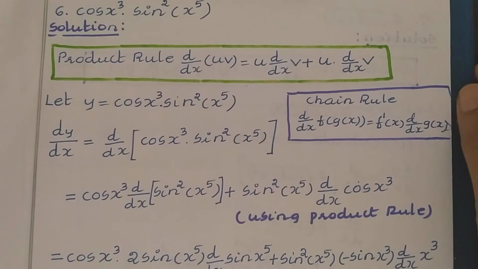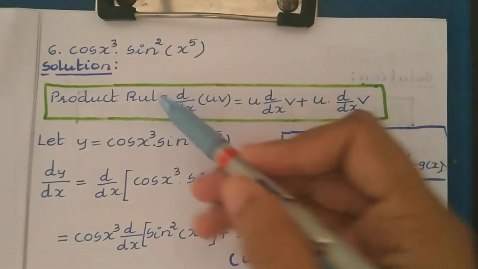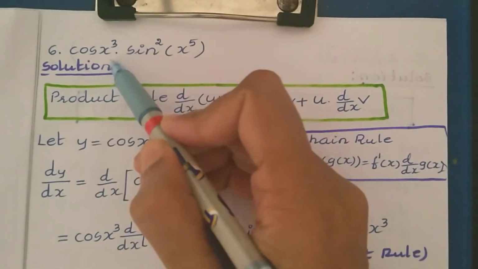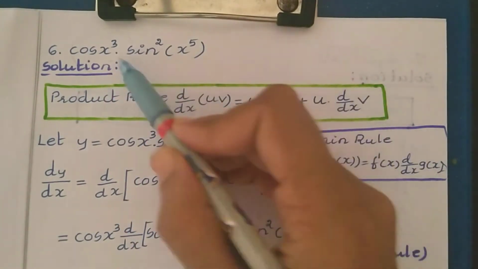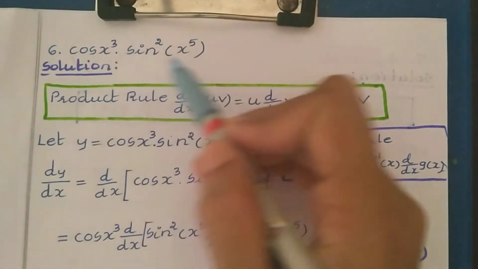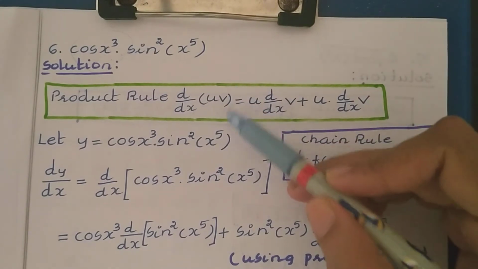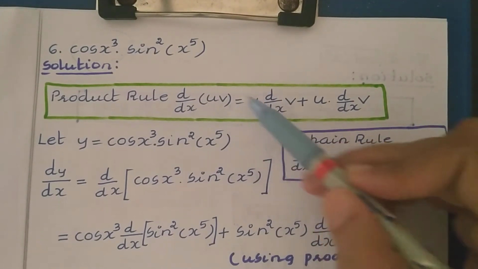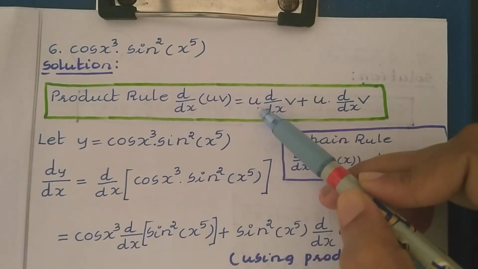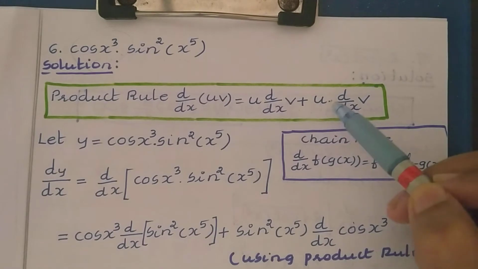Differentiate cos x cube into sine square x to the power 5. See here we have two functions: one is cos x cube, another one is sine square x to the power 5. So you can apply here the product rule. Suppose if you have two functions u and v, then we can find the derivative of u and v by applying the product rule: write the first function as it is, find the derivative of the second function, then write the